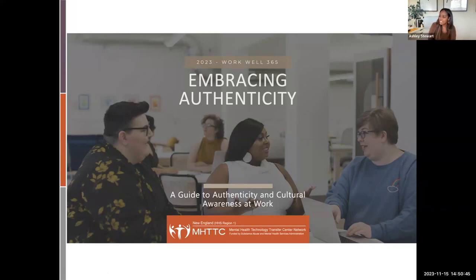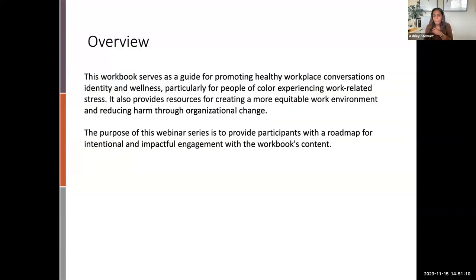Embracing authenticity. So when you get the opportunity to have access to the workbook, you'll notice that this is one of the images that centers around the core of it, the first pages of it. And it really talks about a guide to authenticity and cultural awareness at work. And it comes from a really critical place. We're going to talk a little bit about the history of it, but as a general overview,